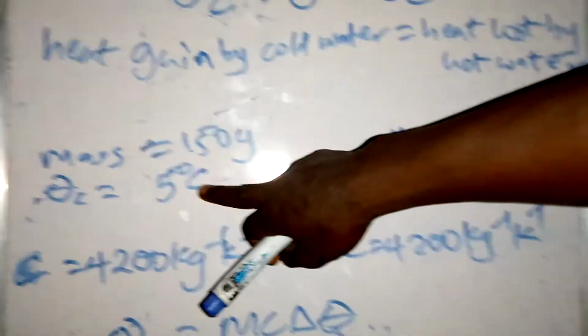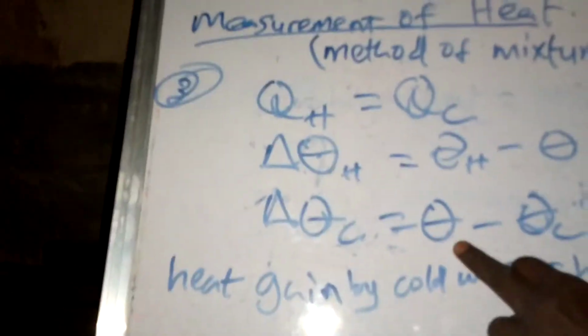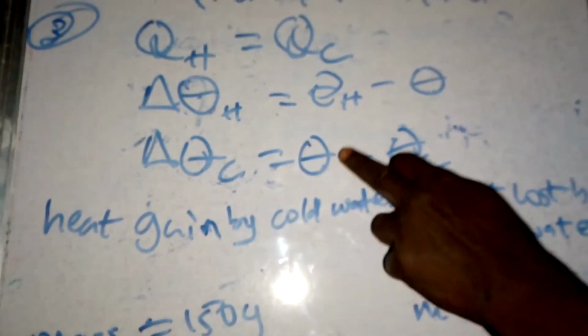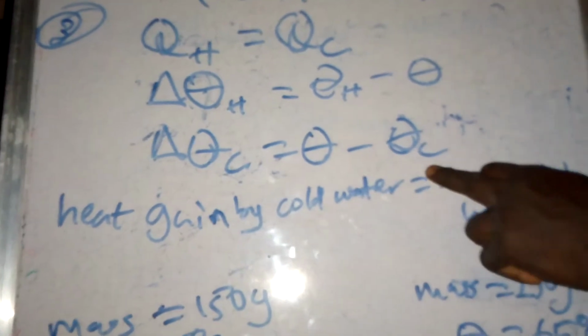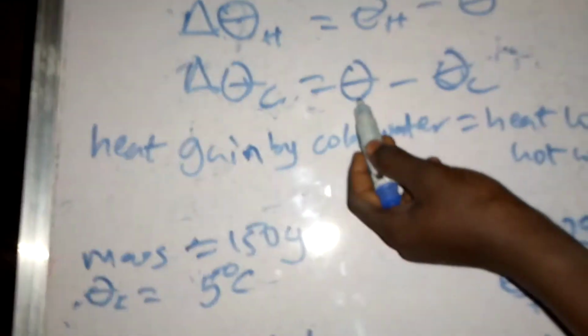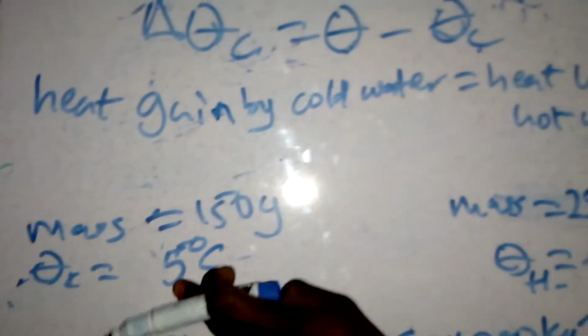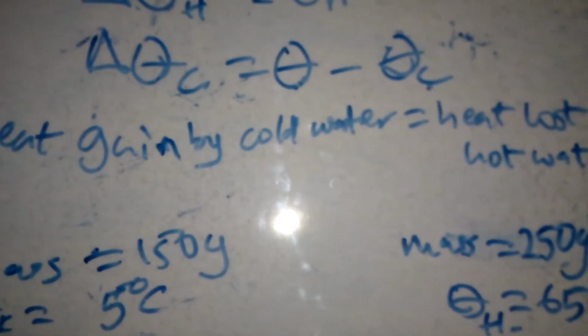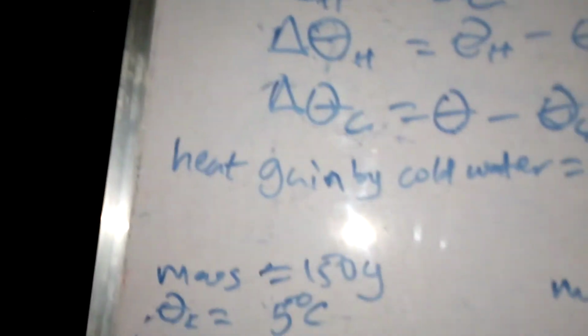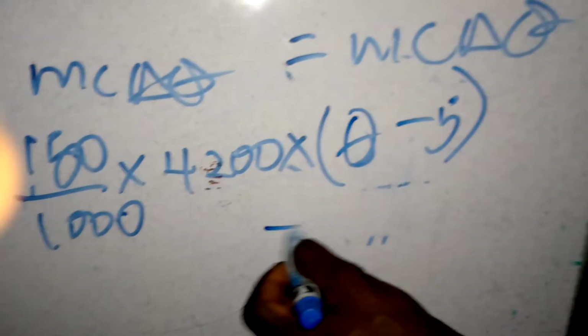So you must know that the cold water will gain some heat. This is the formula for the heat gain for cold water gaining some temperature. So the final steady temperature minus the coldness of water, that is theta. This theta is the final steady temperature, minus 5. How were we able to get that? Just to look for the temperature. So you say theta minus 5 equals to